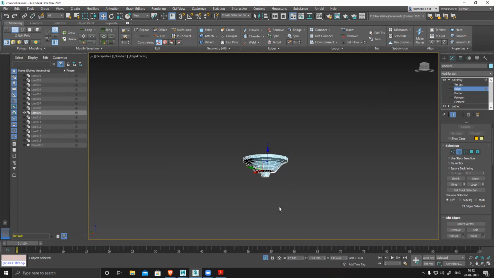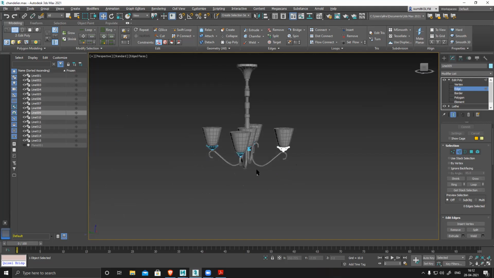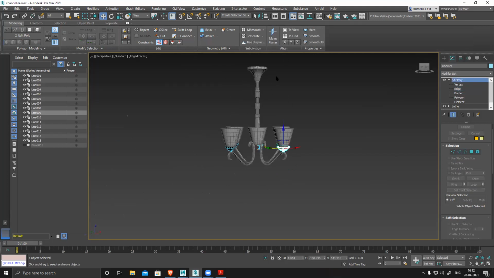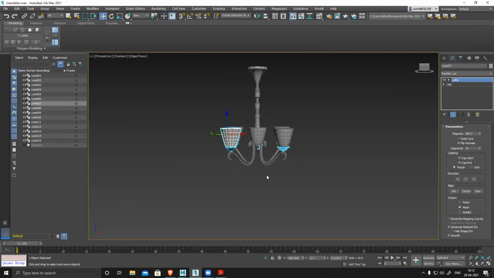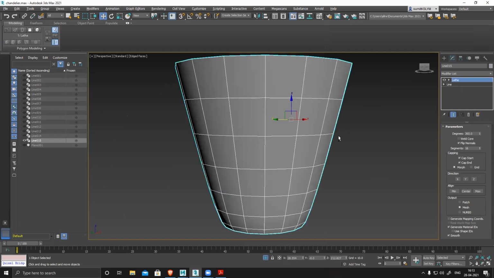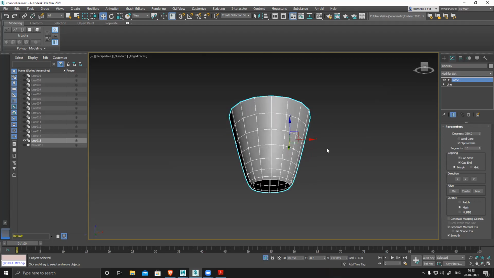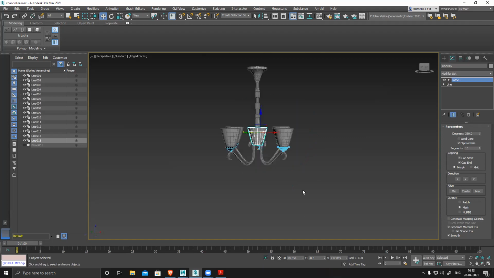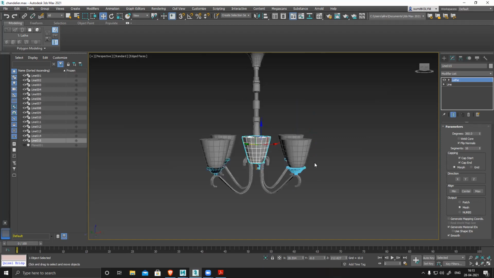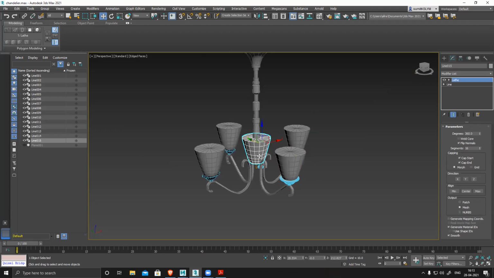Okay. Sir, how can we hide an object, sir? How can you hide your object? Okay, so there are two ways again. Suppose you have multiple separate objects and I want to isolate this one. The shortcut for this option is Alt Q. Alt Q will isolate that object. This is how you hide it. Or suppose you want to hide something, no isolation, only hide.